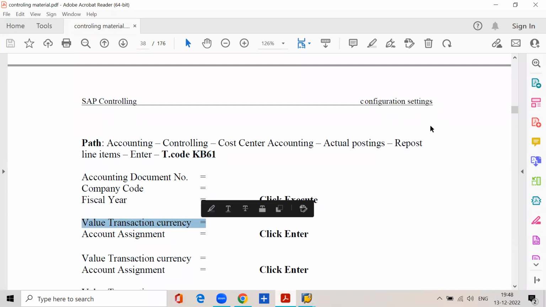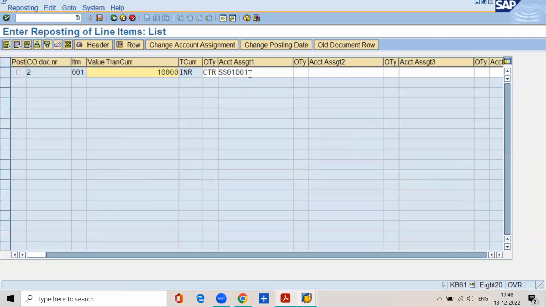Value transaction currency is equal to 10,000. Account assignment is equal to SS01001. Click on enter. Then out of this 20,000, again,